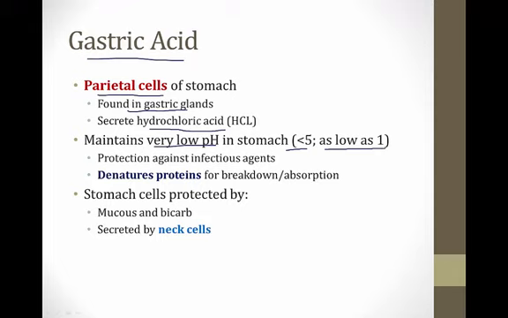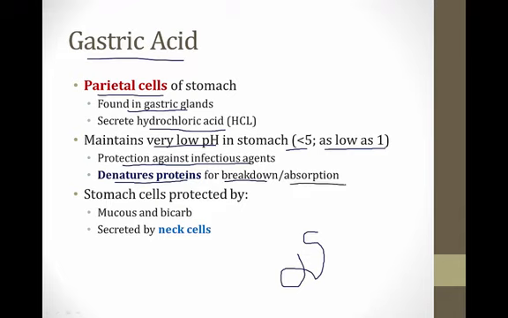This very low pH is important for a couple of reasons. First of all, it protects against infectious agents, so any bacteria that get into the food we consume are usually killed by the low pH in the stomach. And then in addition, it denatures proteins. So as you may know, proteins are globular three-dimensional structures, and when they're exposed to a low pH environment, they begin to fall apart. And this begins the process of breaking down proteins so they can be absorbed into the